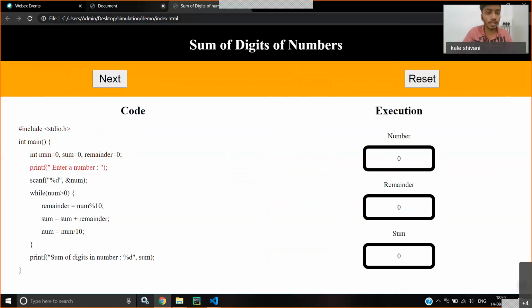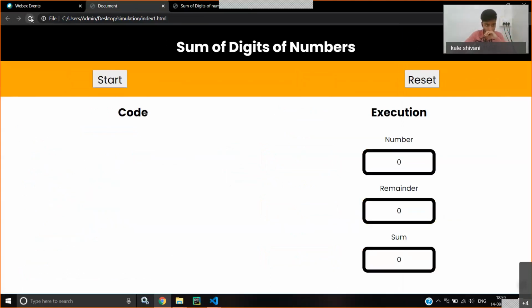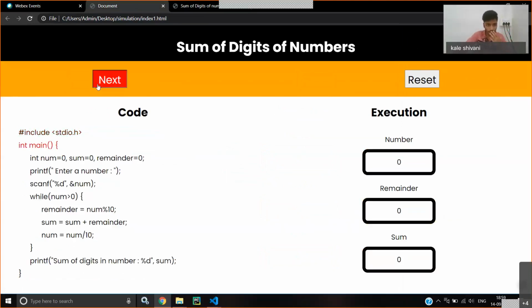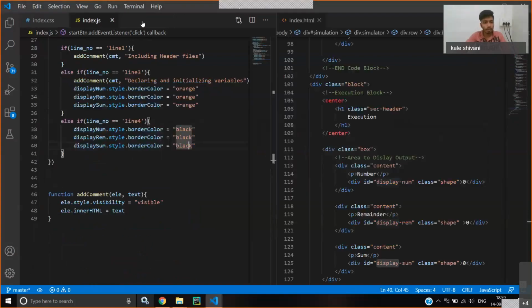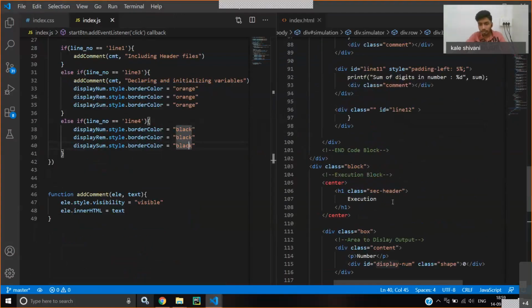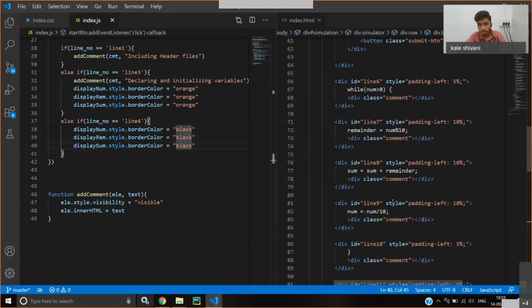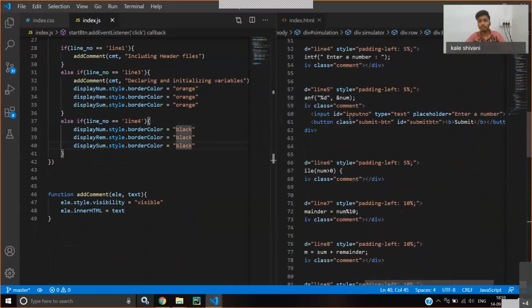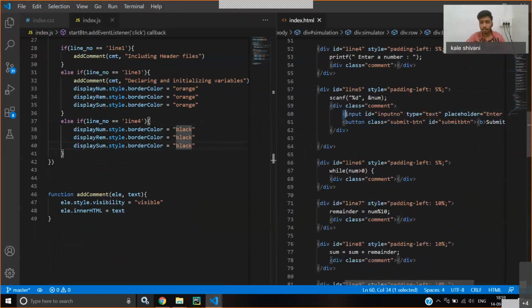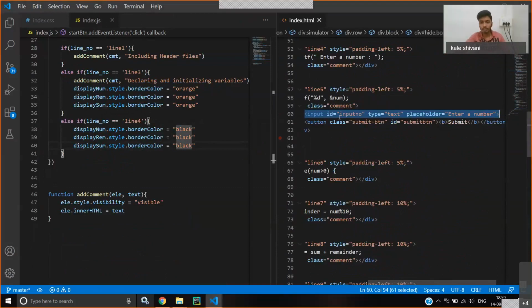Okay, so now the next thing is we want to display a text input and a button to submit that. So inside our HTML, we have this, let me show you. Okay, so here we have that input element and that button.